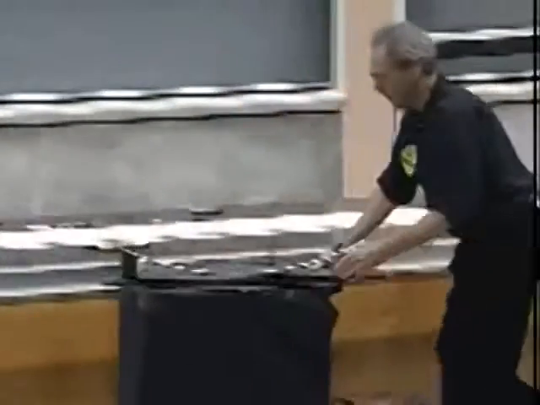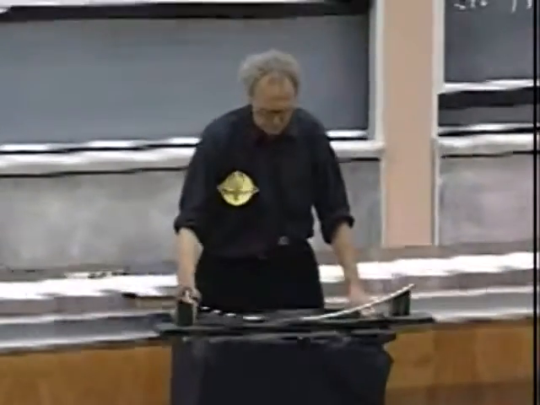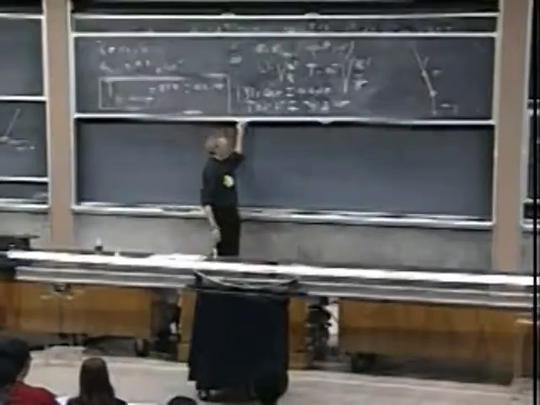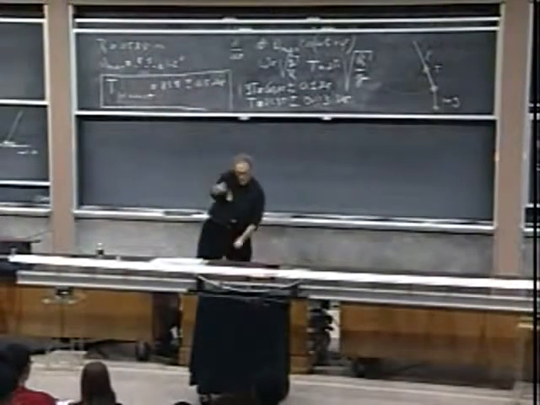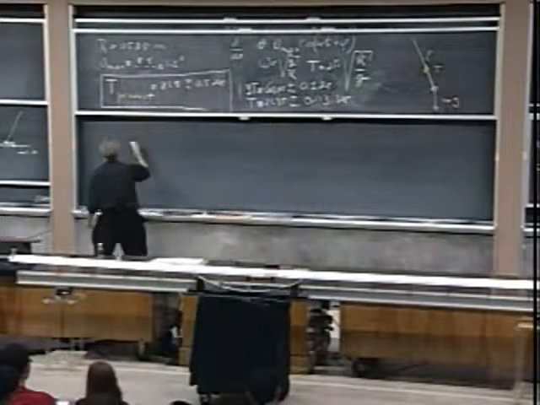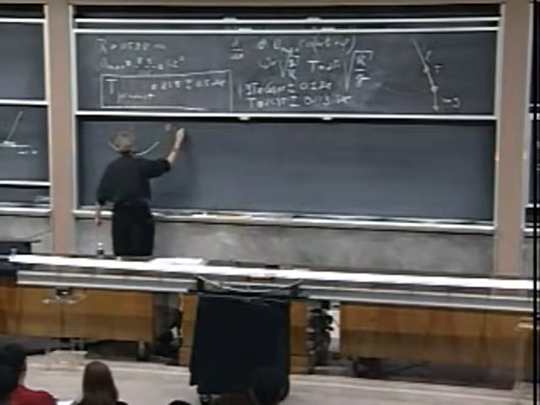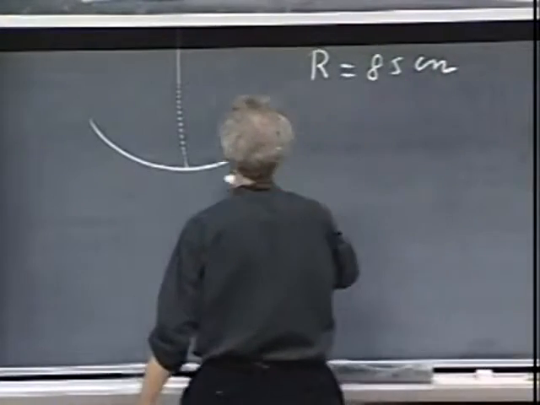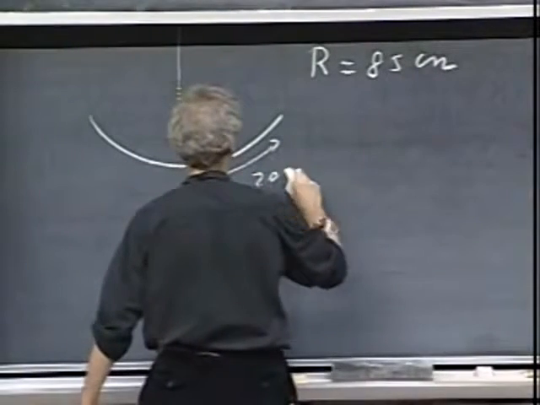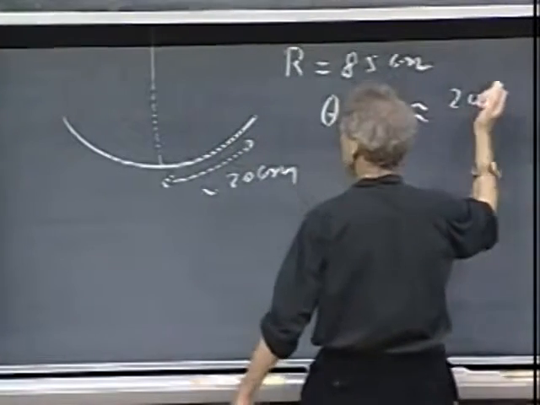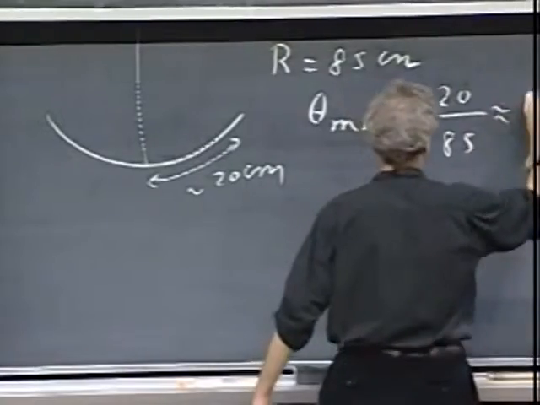This is an arc. Not unlike this one, there's a little bit more friction. And in this case, the radius is 85 centimeters. So, we can calculate what the maximum angle is. Radius is 85 centimeters, and the arc to the edge is about 20 centimeters. So we have now a situation like this. So R equals 85 centimeters, and this here is approximately 20 centimeters, so theta maximum is roughly 20 divided by 85, and that is something